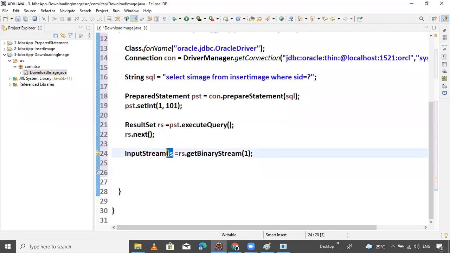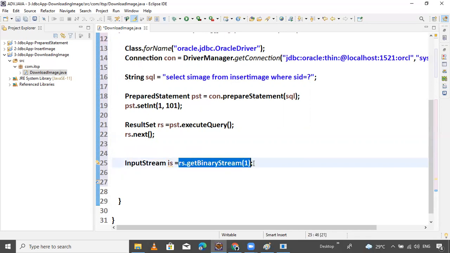You get the data and store the binary data inside the is, getting the data from the result set and storing it in is.